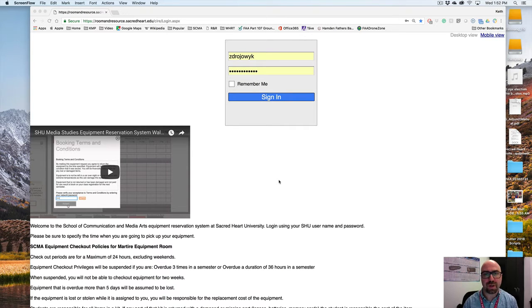Okay, this is just going to be a little walkthrough of Room and Resources for people working in the equipment checkout room. So on the first screen, on the desktop, there will be a shortcut for R and R up in the toolbar. This is my computer, so it'll actually be over here on the computer in the room. And the address for it, as you can see, is